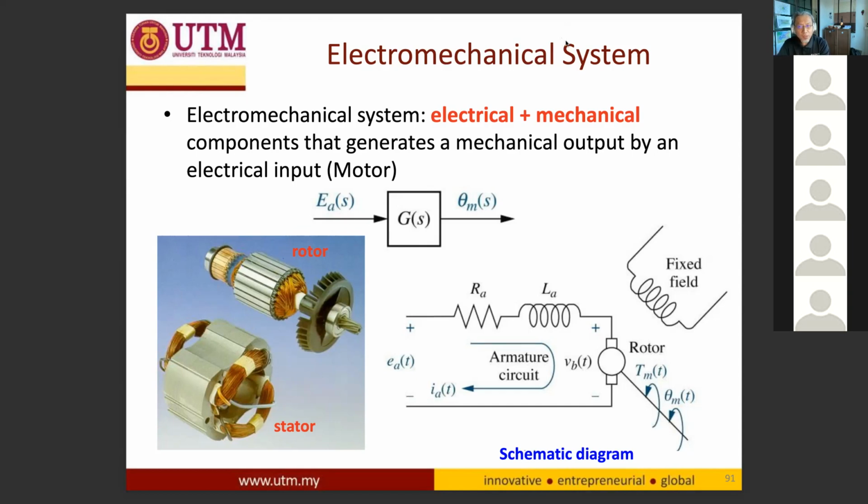So the input for this DC motor is EA, which is known as electromotive force, and the output is theta M. Theta M is the angular displacement of the motor. We know that this is the motor, and it has a shaft, and this shaft is rotating. The shaft is rotating, and usually at this shaft,